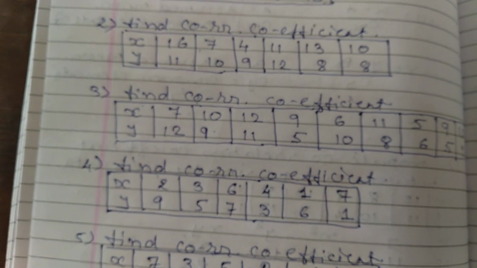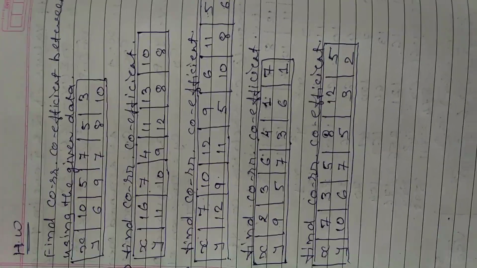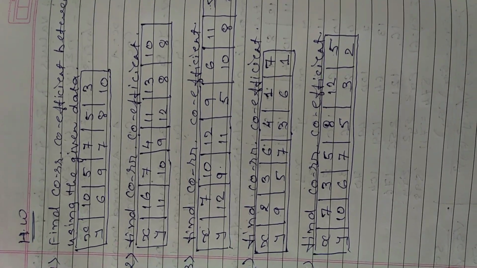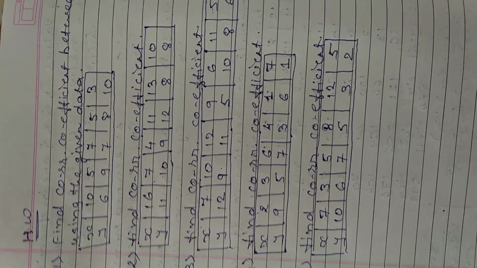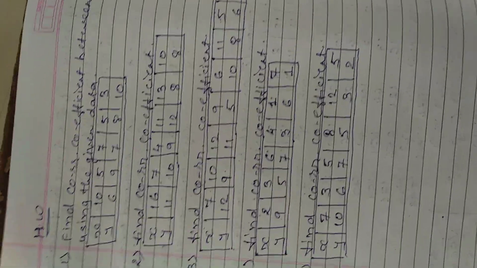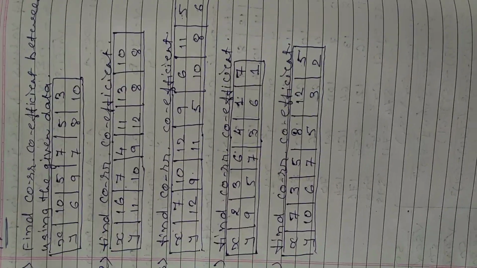Now, these are the questions. I am sending a photograph of these questions, which you have to solve by way of the first formula, and go through it. We will soon solve the second method, that is x minus x bar, y minus y bar and uv. First of all, we will solve these questions. Practice and revise this question, and then we will solve sums by using the second formula, the next formula.